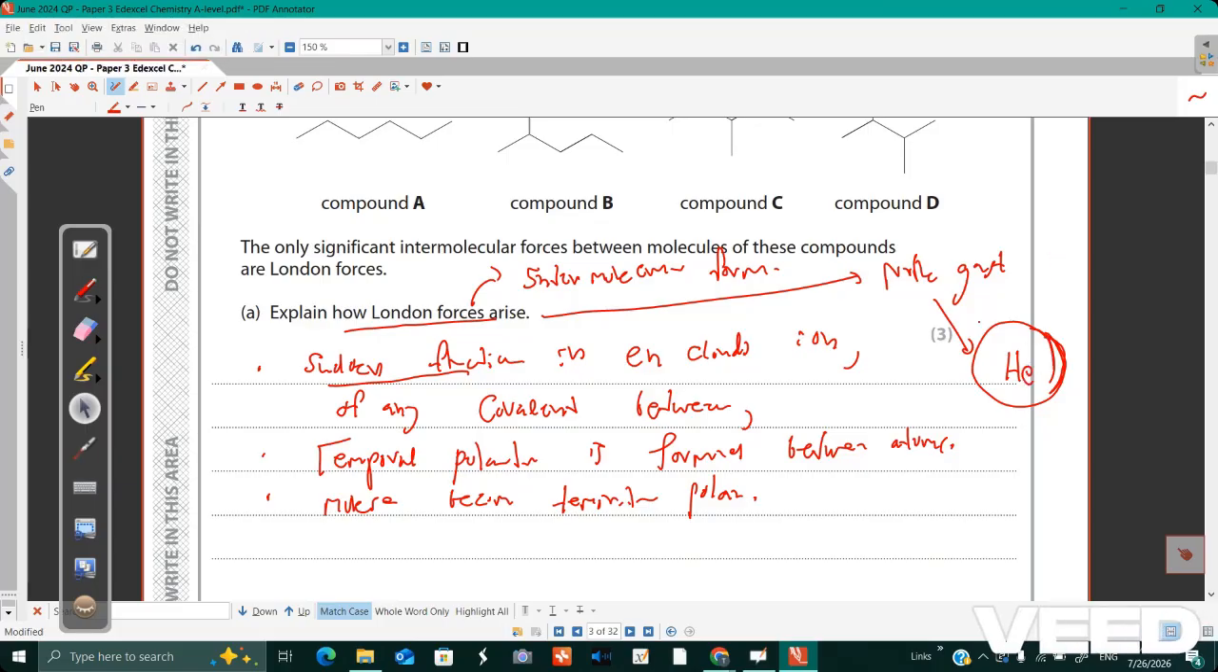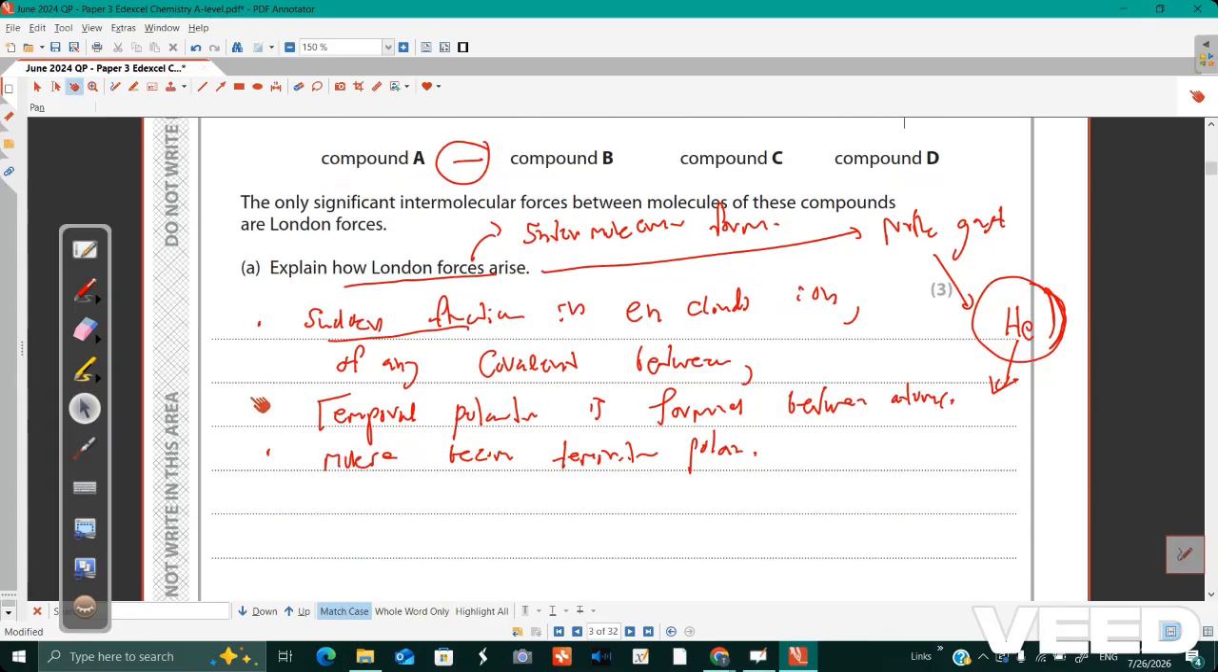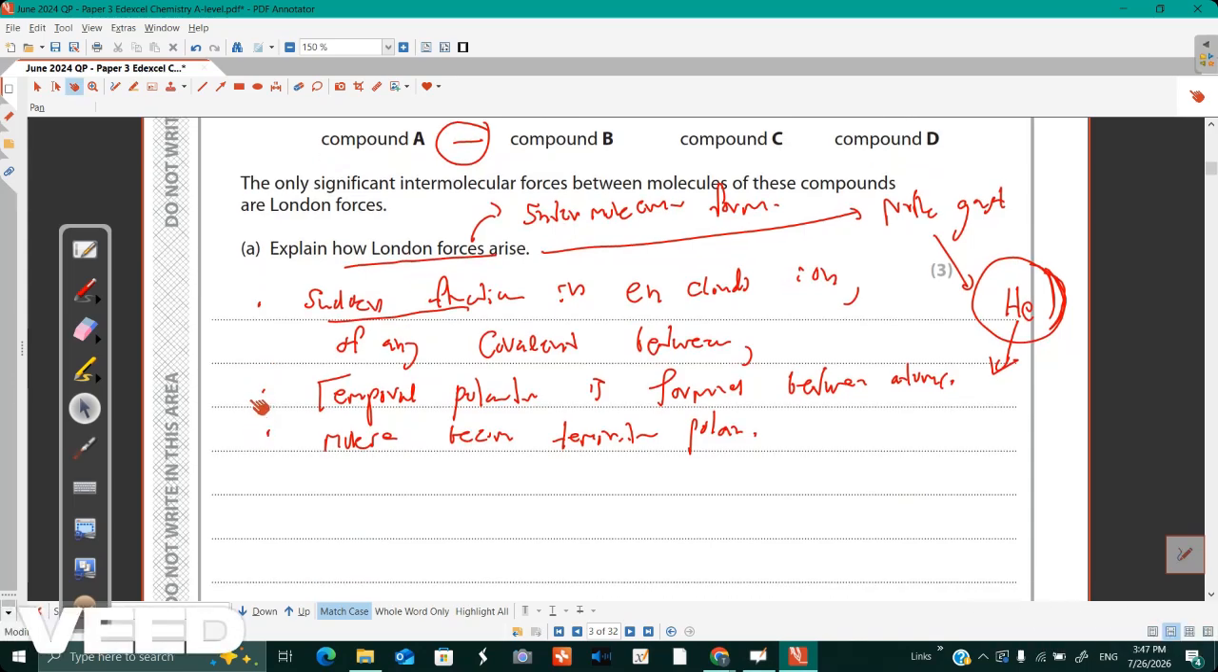It should not be only between two atoms having a covalent bond. Even noble gases, having only one atom, also can have weak London dispersion forces, right? London forces. Is it clear? Even single atoms can have London dispersion forces. Right? Okay,